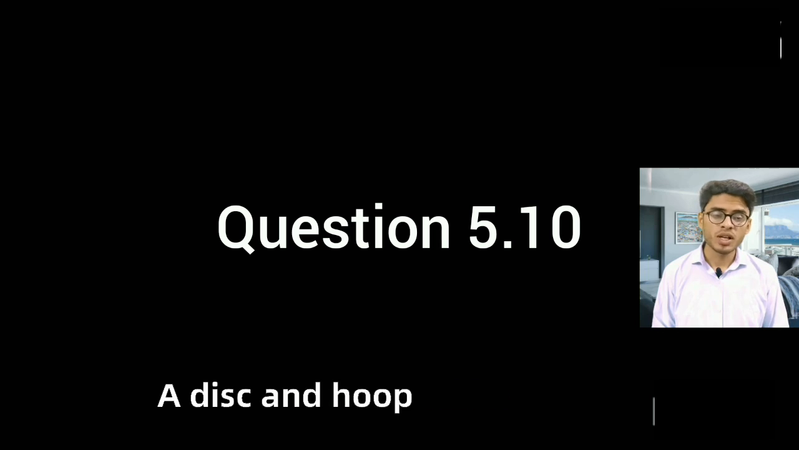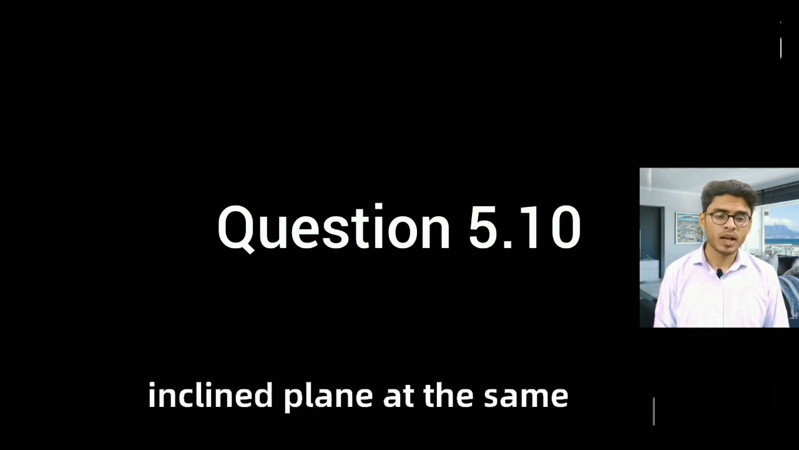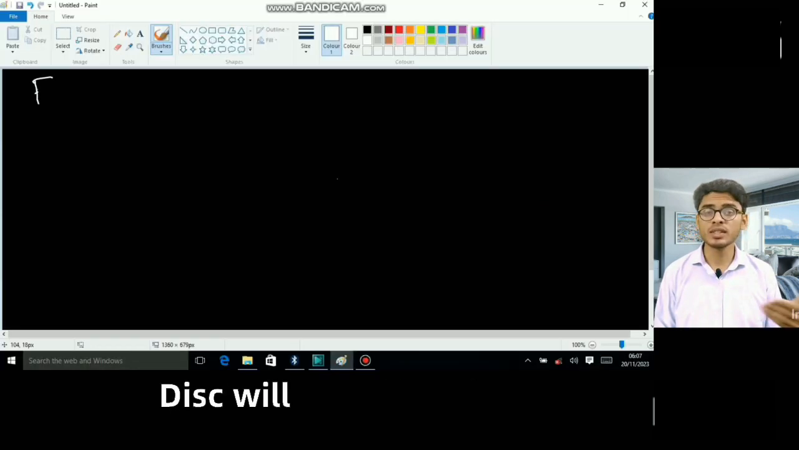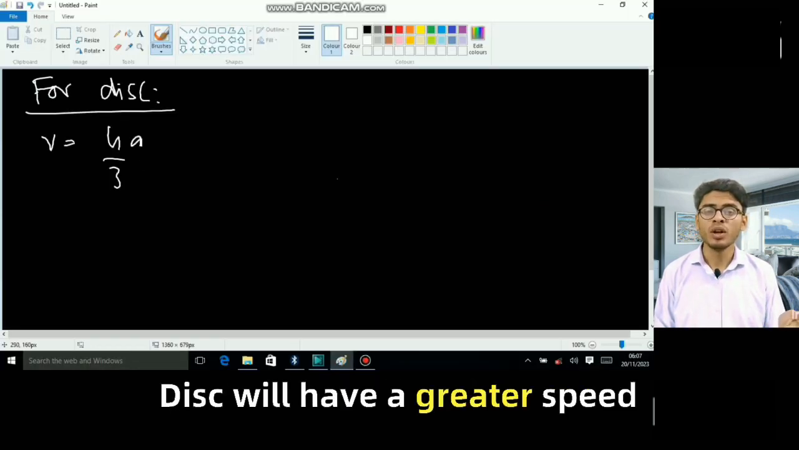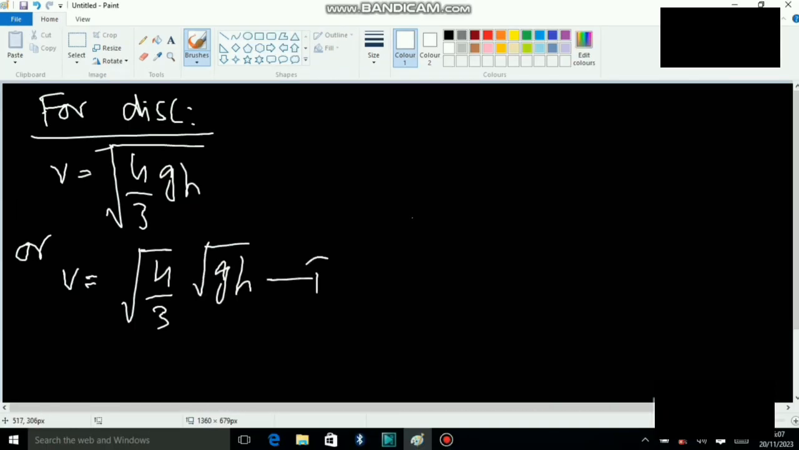A disc and a hoop start moving down from the top of an inclined plane at the same time. Which one will have greater speed on reaching the bottom? The disc will have greater speed on reaching the bottom, and this can be shown as: